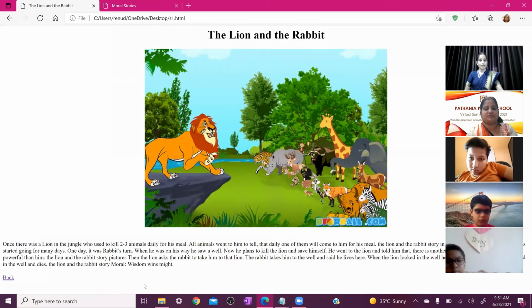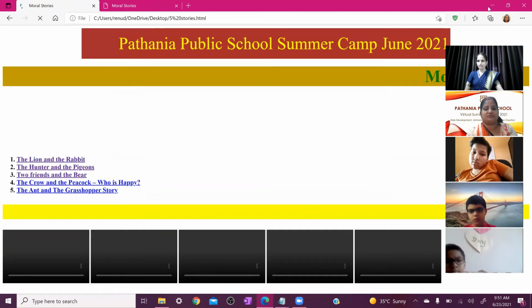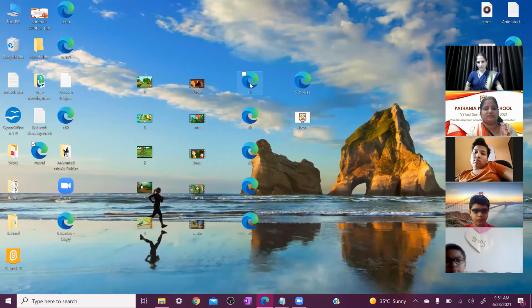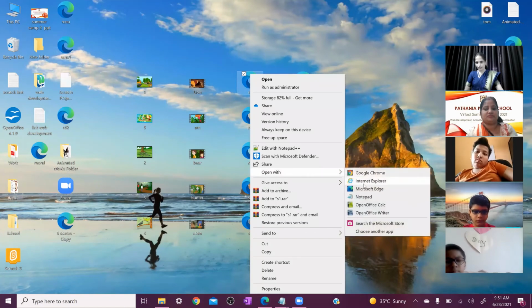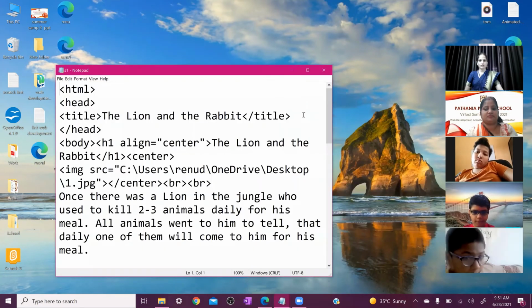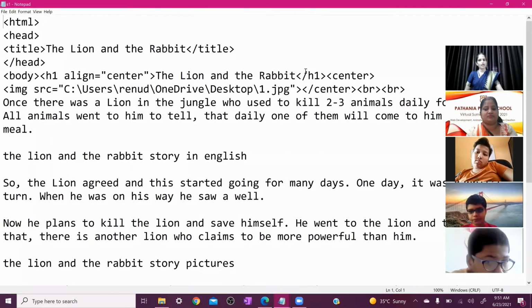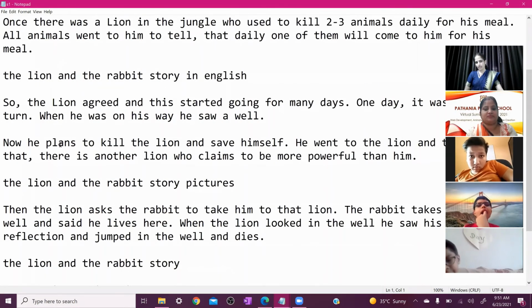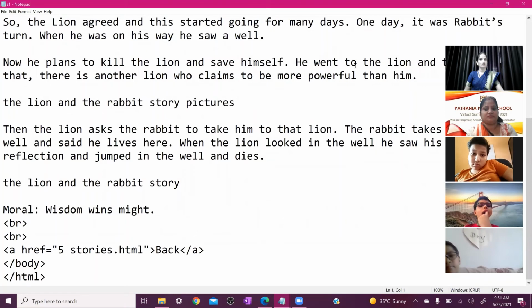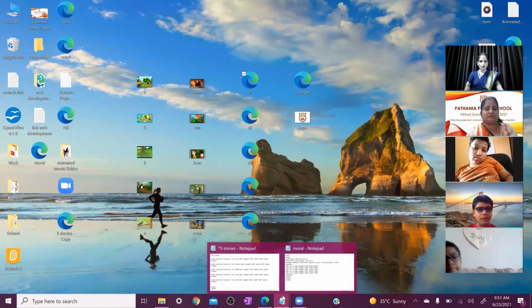So how do we do it? We first open a new document like this. I will only show you here because I have already sent you. So first we need to open again a notepad page where you write down this complete story. I have already sent you. Okay, so you can check it from there. So you can write down this complete coding here, and after completing it, you can save it as s1.html. We have already saved it. Okay, so now how do we add it to our file? Close it and let's learn how we add it.